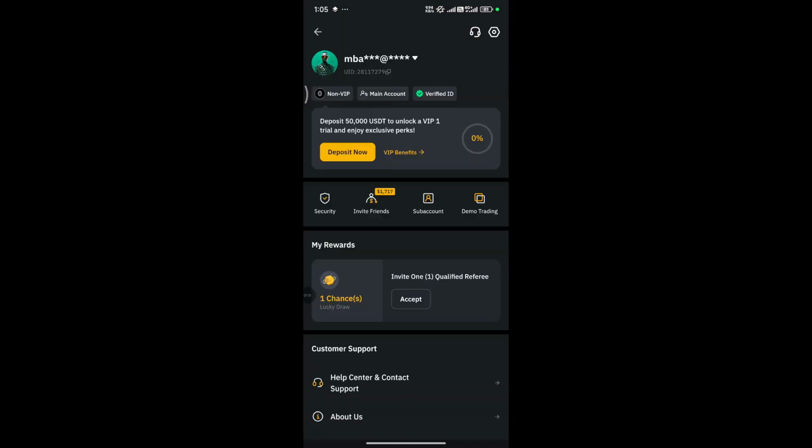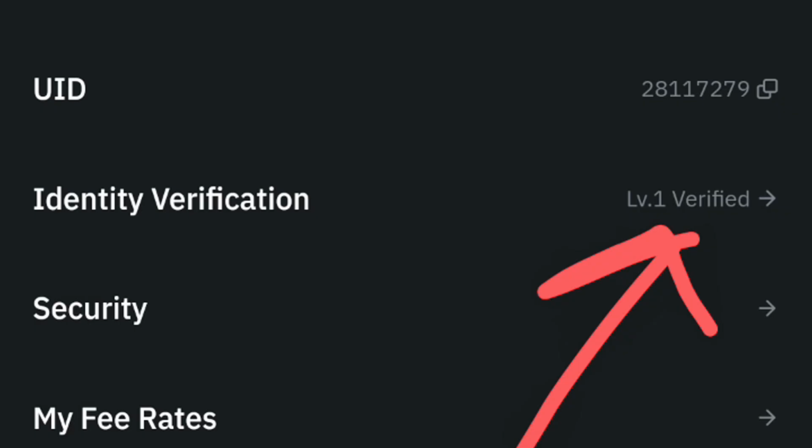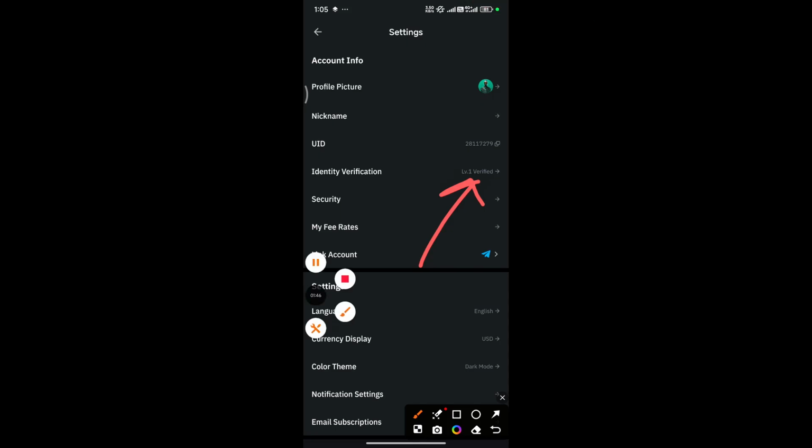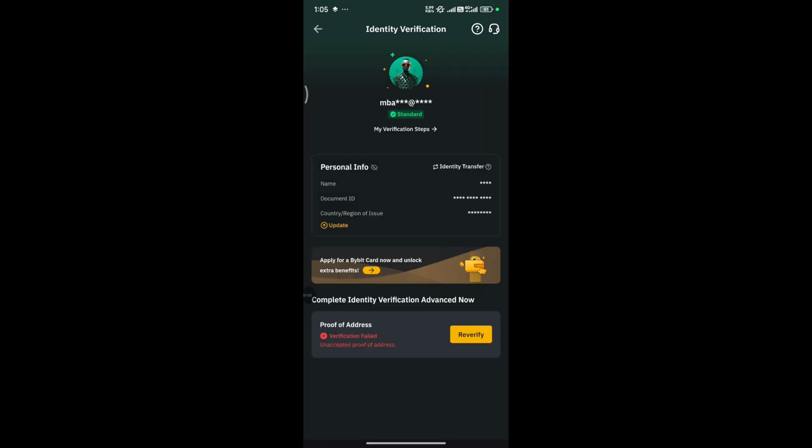Go to settings to make sure that you are verified. Click on settings, and then the next thing is to check identity verification. You click on identity verification. So as you can see, at least make sure you've done the first